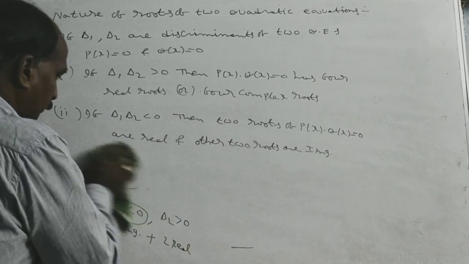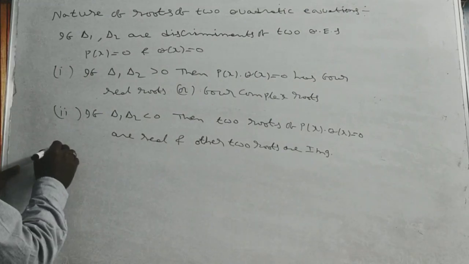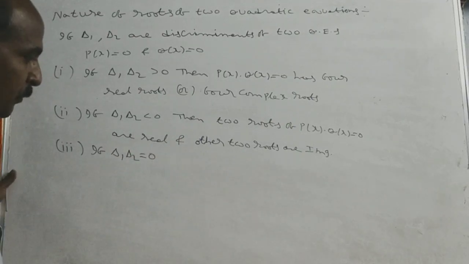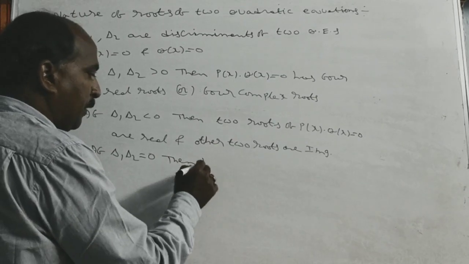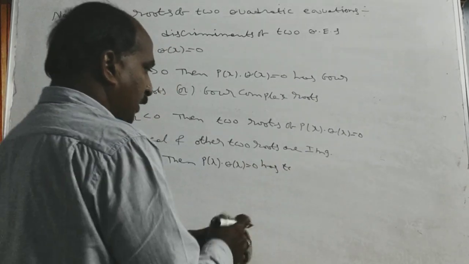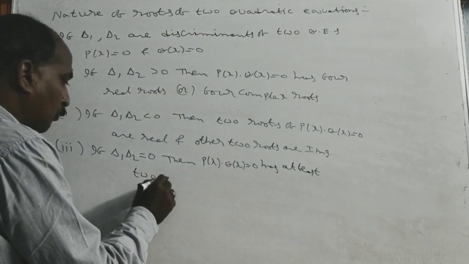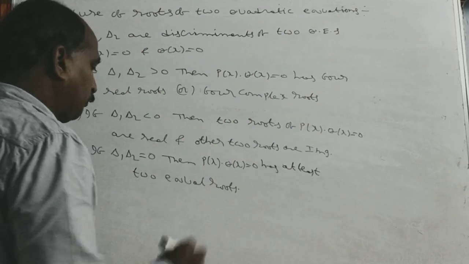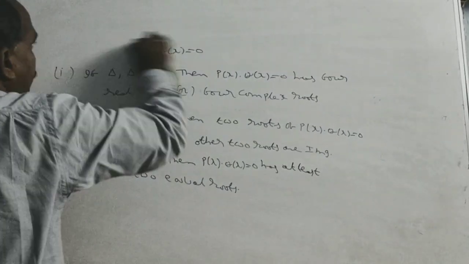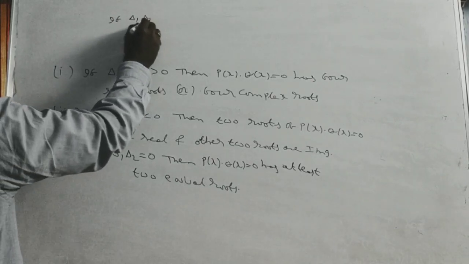In third condition, if delta 1 into delta 2 equal to 0, then P of x into Q of x equal to 0 has at least two equal roots. If delta 1 into delta 2 equal to 0,